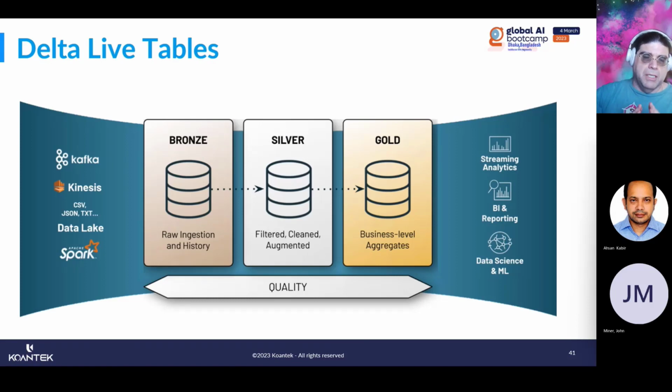So, rather than looking at data at rest, data in motion, streaming, data warehouses as being separate ecosystems, we're looking